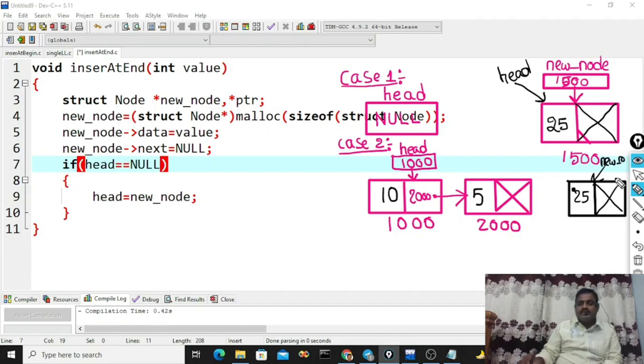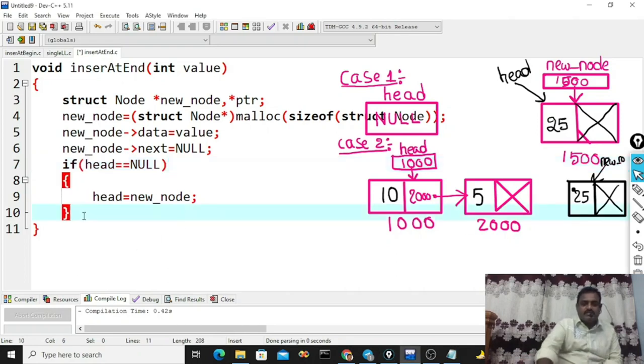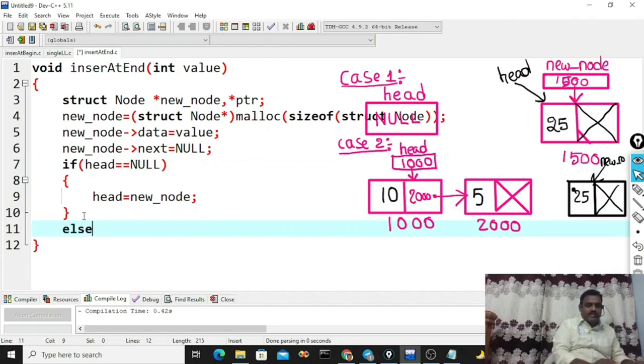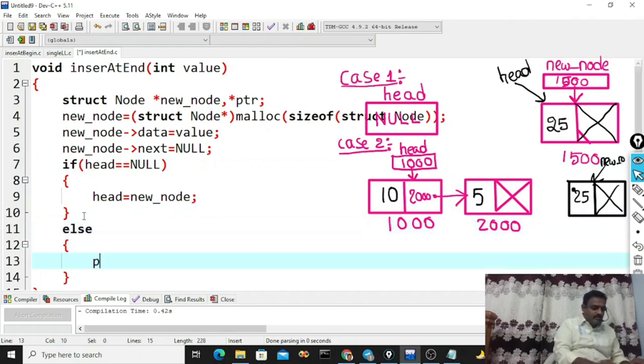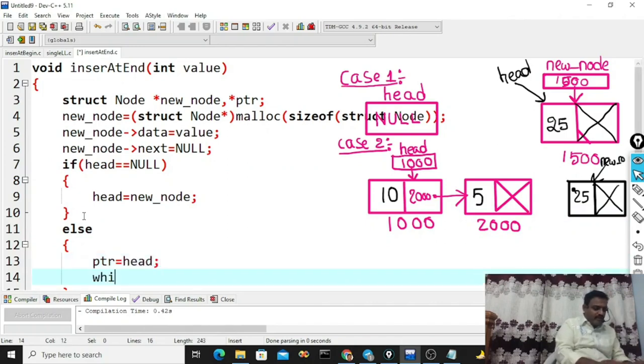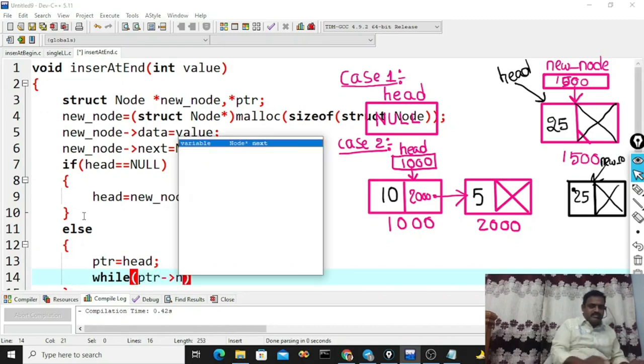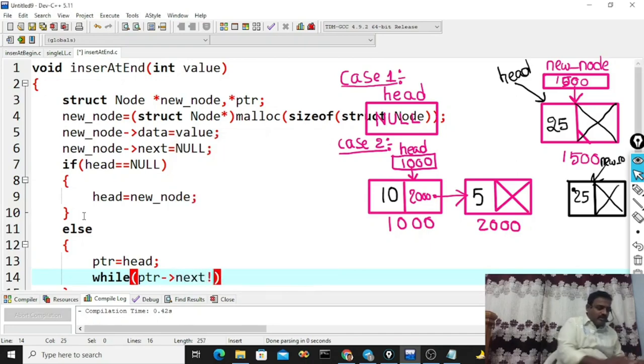That is nothing but we need to traverse from the beginning of the linked list, and the pointer must stop at the last node. Else case: ptr equal to head. While ptr arrow next not equal to null.